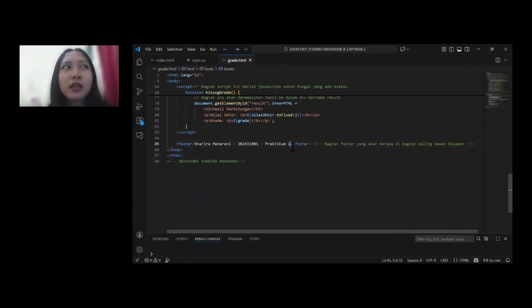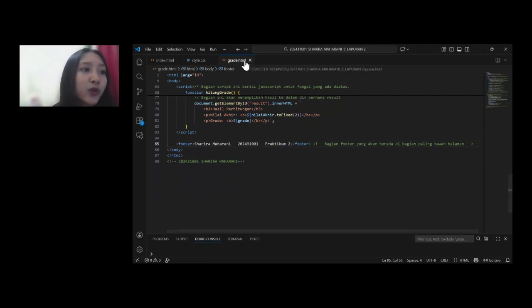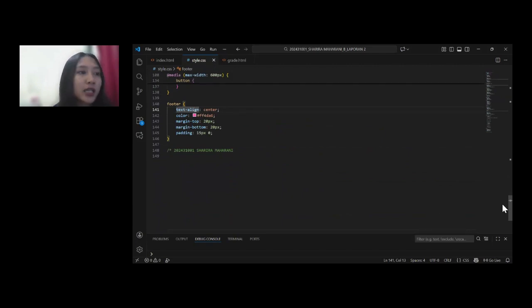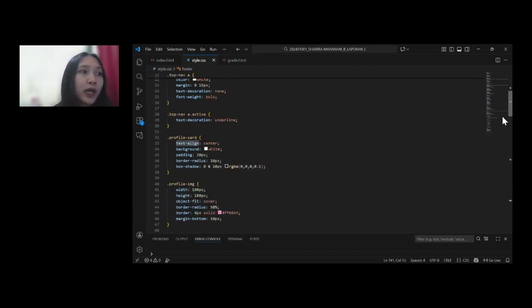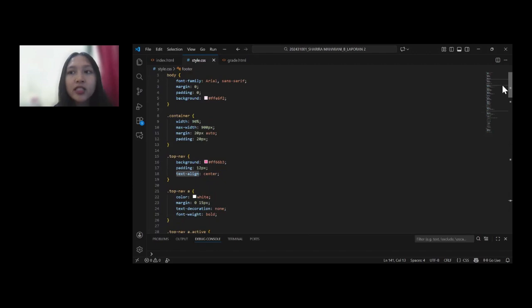In this final part of the presentation, I will explain the styling rules defined in style.css, which are applied to both HTML files, index.html and grade.html. The style file begins by defining global styles for the body, including the font family, background color, and default spacing.